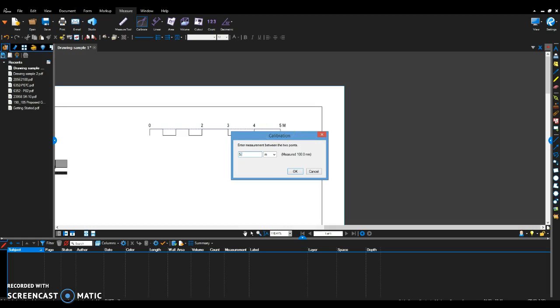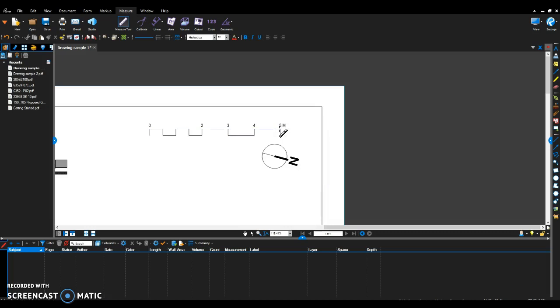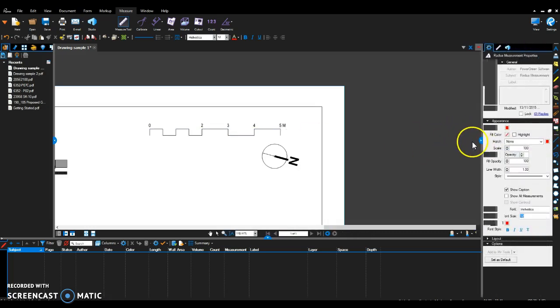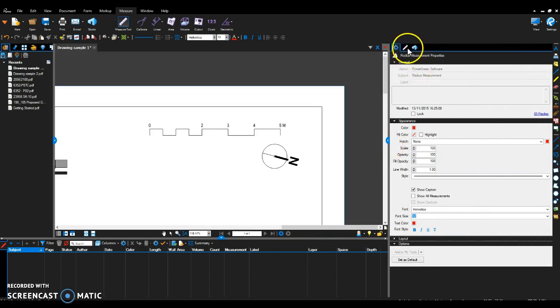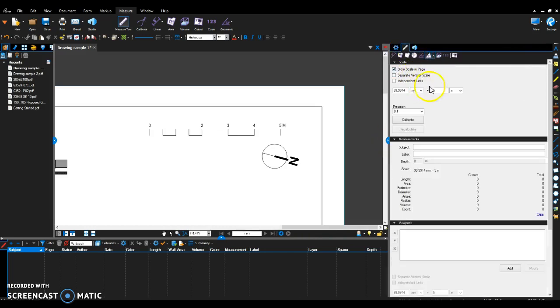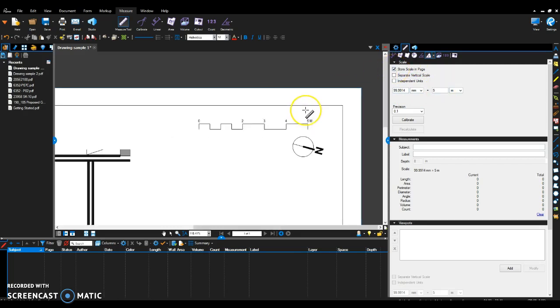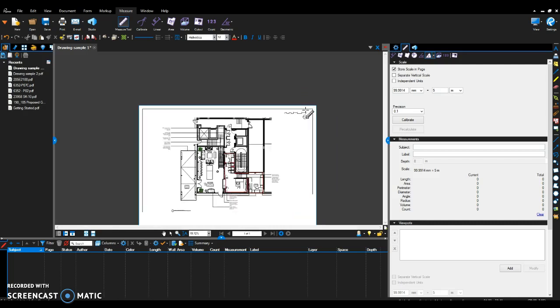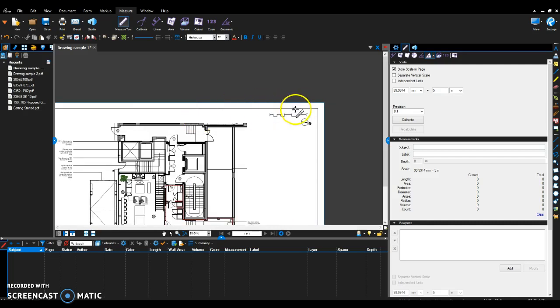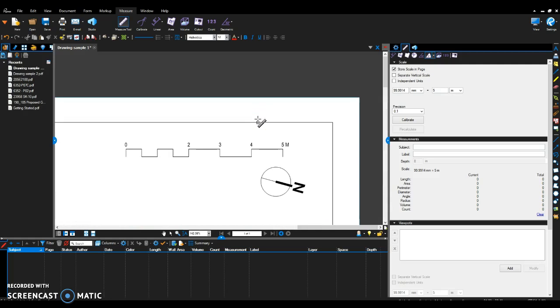Type in 5.00 m for meters. Press OK. And in the background, Bluebeam has actually worked out the scale. And if we pull over this tab here and go up to measurements, we can see there's our scale there. And I always check this box so it actually saves the scale in the drawing. So we can get started in our measurement, but as good practice, I always like to just check the scale